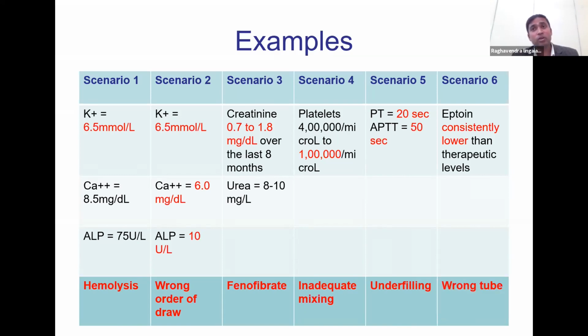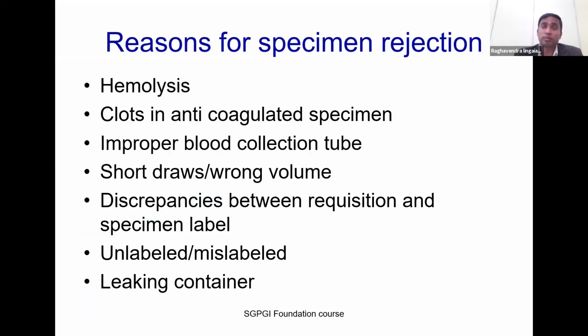It might be because of the wrong tube, because it needs to be sent in a plain tube without any gel. If there is a gel, the drug gets entrapped within the gel during centrifugation and processing, so it does not get into the serum, or only low concentrations are available in the serum, giving erroneous values. So it is very important to know the appropriate containers in which we have to take the sample. In labs, we do reject specimens for various reasons, most commonly because of hemolysis, or wrongly barcoded, unlabeled or mislabeled specimens, any discrepancy between the requisition and the specimen label, or if it is taken in a wrong tube.